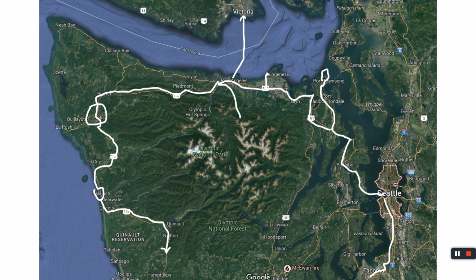Rental cars out of the SeaTac International Airport. I rented it for a week from National Rental Car. It was $349 with taxes and fees, so not all that unreasonable. On a day, you're probably looking at 50, 60, 70 bucks. So if you're coming a couple days early or staying a couple days late, a couple $100 gives you the freedom of not necessarily being stuck in Seattle, but doing some really cool